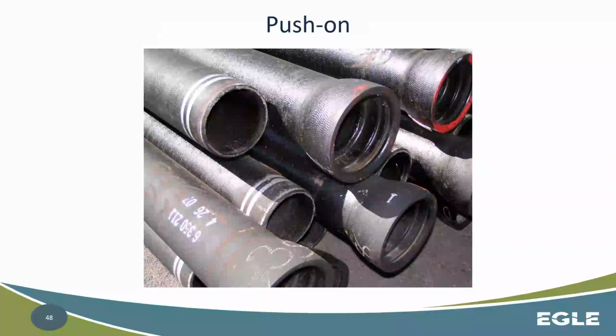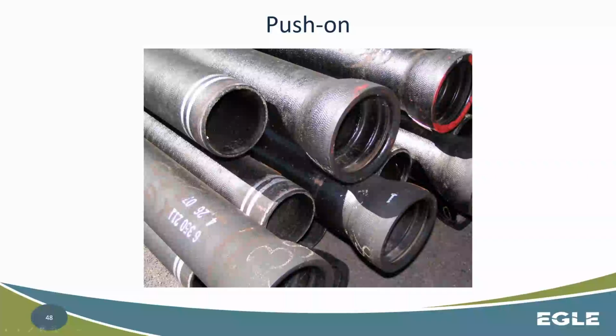Now, push-on joints, these are pretty straightforward. I think everybody's probably worked with these to some extent. Bell and spigot, these are simple. They're probably the cheapest of the bunch. Obviously, you're going to have a gasket portion of it. There's going to be a gasket. You're going to have to use probably some sort of a lube on there so that bell and spigot slides